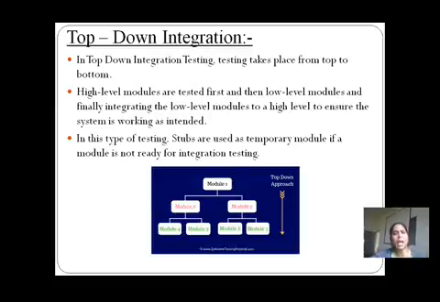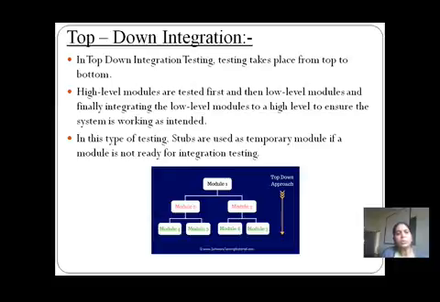Now, why is this approach actually required? See, integration testing means what? We are integrating the different types of modules which are present in an application or in software development. So what is the need to integrate them, or to test them? When we are implementing such modules, it is necessary for us to check whether they are working as per the requirement specification or not.